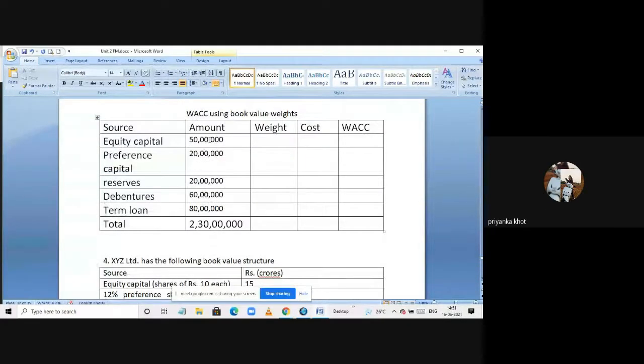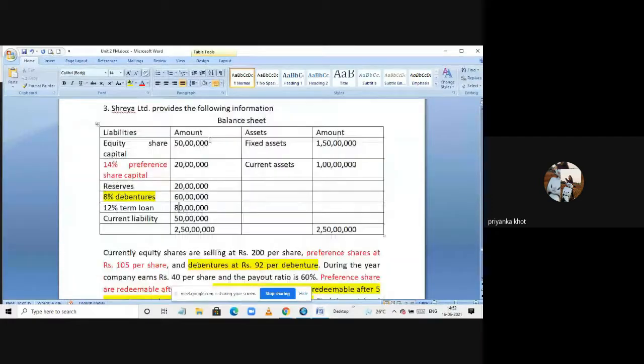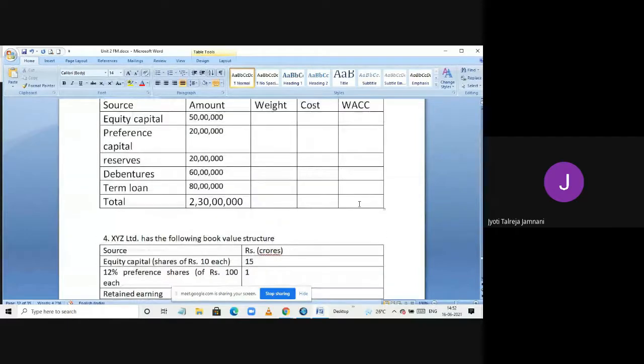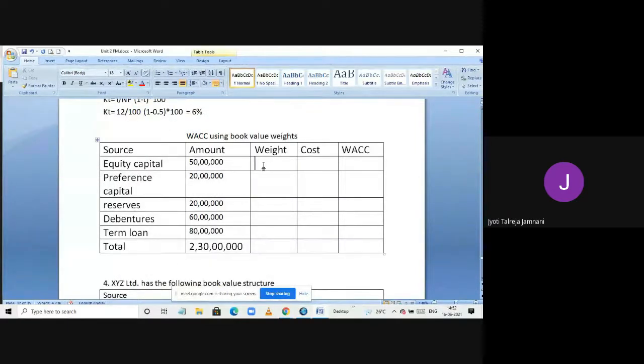If you take 80 lakh there: 50 plus 20 plus 20 plus 60 plus 80, it will become 2 crore 80 lakh something. Yes, ma'am, 30 lakh is more here. 2 crore 80 lakh. Okay, and change the total and make it 2 crore 80. Current assets, I'll make it as 1 crore 30 lakh. So we'll take it as 80 only. We'll not change anything now. I just changed the total, which was not correct. Okay. Now we get here 2 crore 30 lakh.